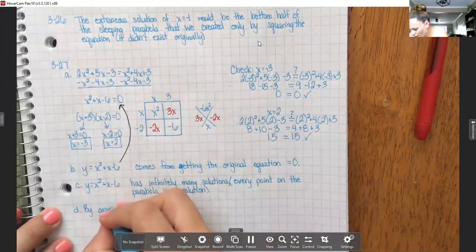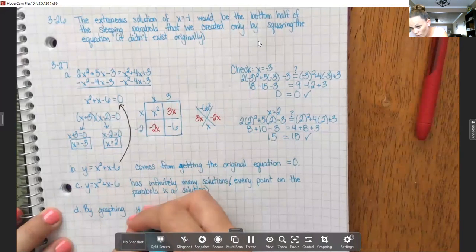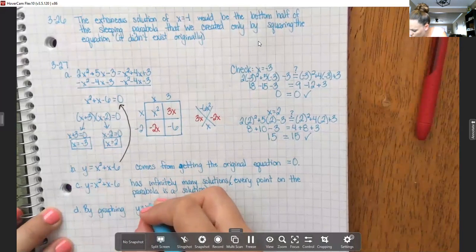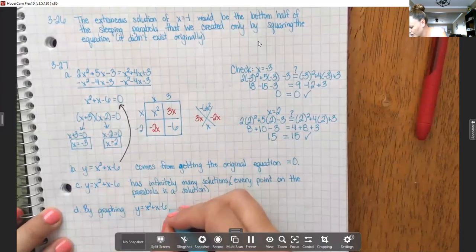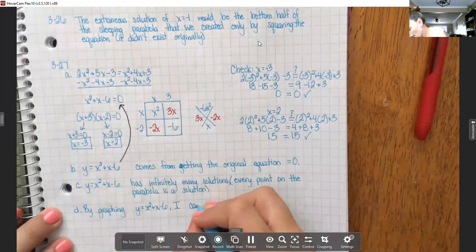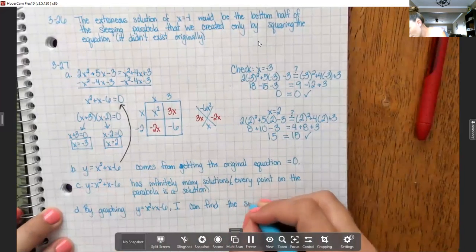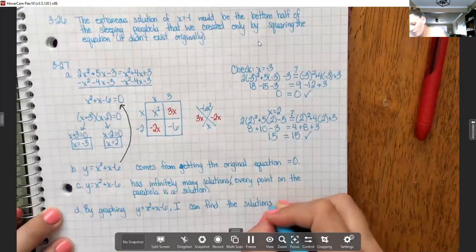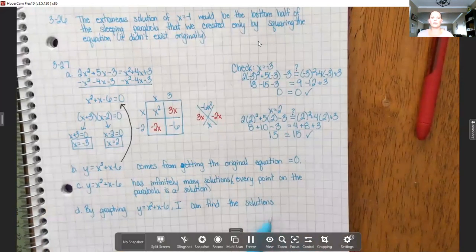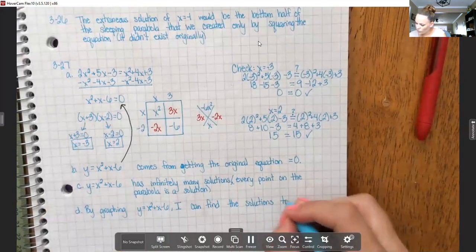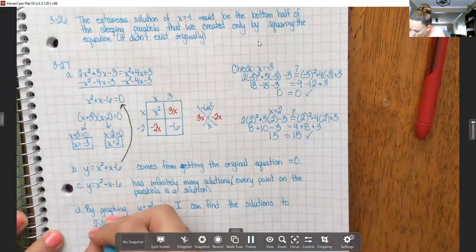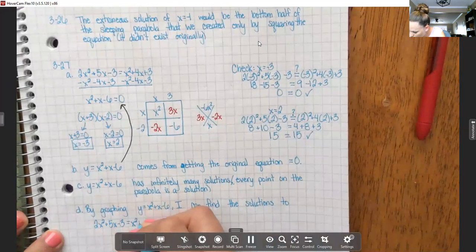So by graphing y equals x squared plus x minus 6, and I'm trying to be thorough here so that if you look back at this, it'll make sense. By graphing that, I can find the solutions to 2x squared plus 5x minus 3 equals x squared plus 4x plus 3 by